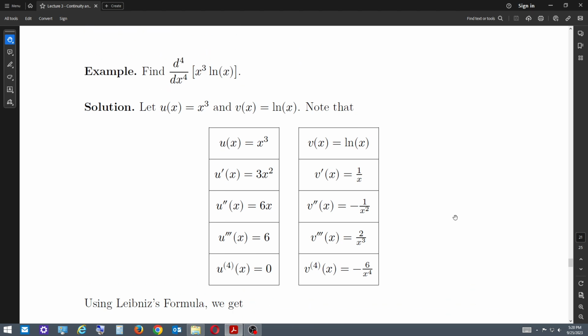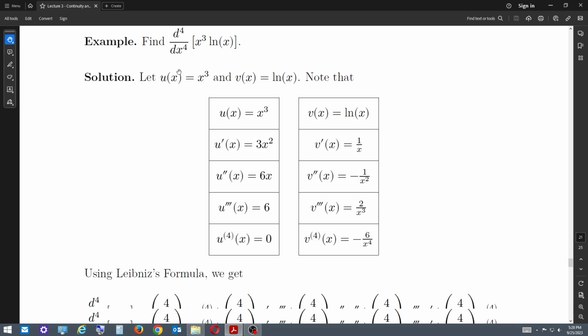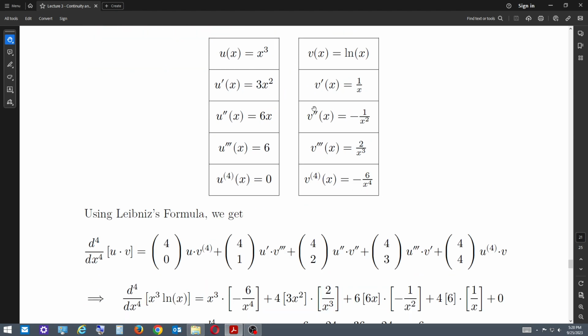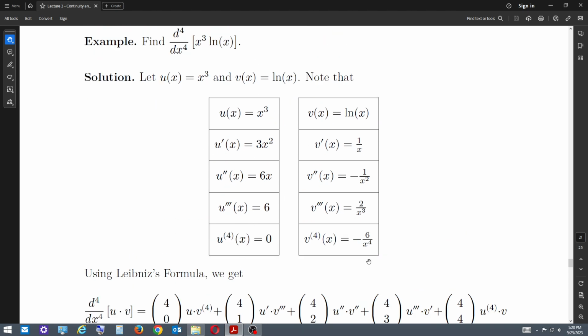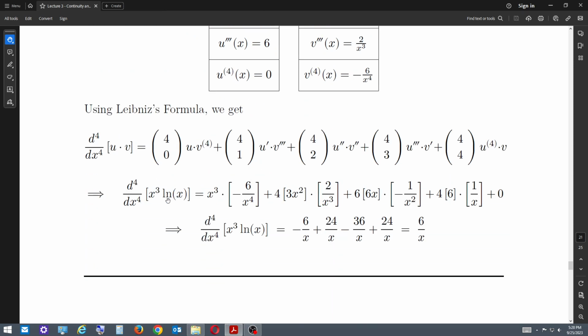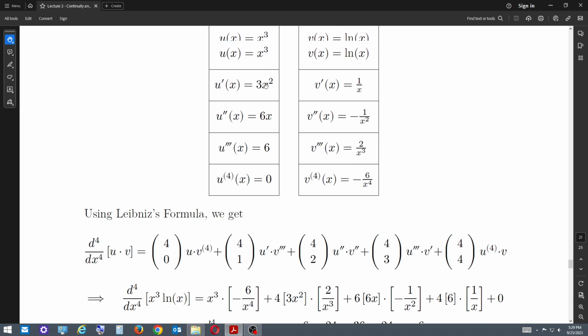All right, another example here, x cubed ln of x, and we want the fourth derivative. So again, we let u be x cubed, we let v be ln x, and we write out our derivatives up to the fourth derivative. All right, we have a 0 here, which means that the last term will be 0, so I don't need to actually plug in the last one. I just need to work out the others. So again, we use Leibniz's formula, write down our coefficients, write down everything else in the products, and then substitute. Notice I skipped the intermediate step here and I just substituted everything at the same time. The coefficients are 1, 4, 6, 4, 1, and then we plug in those things from the table